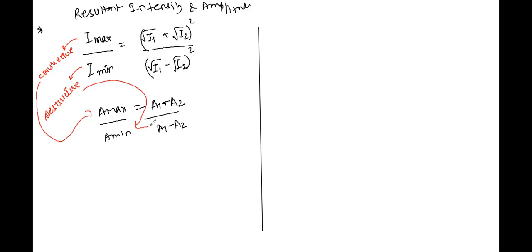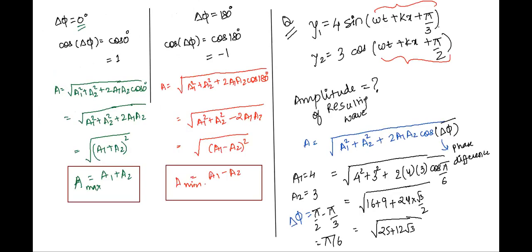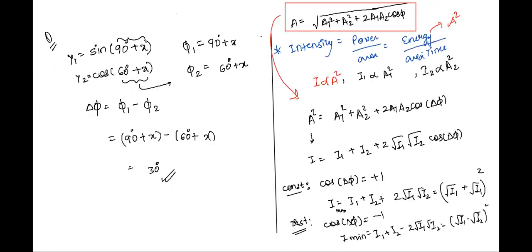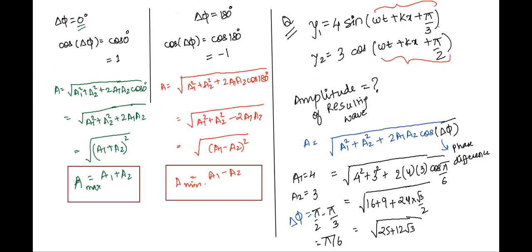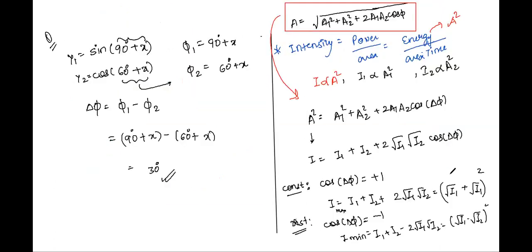Class, once you write down these formulas, please raise your hand. Class, this page, is everyone done? A max and A minimum, how did we derive them for destructive and constructive interference? If this formula is done, please raise your hand. This is for constructive, this is for destructive. If this page is done, please raise your hand. What about the next page? In case you have written this second page also, please raise your hand.